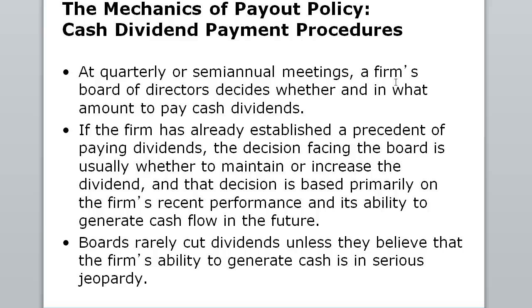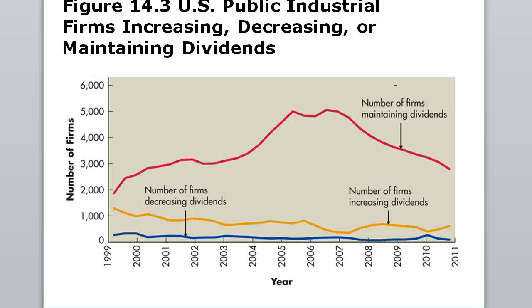And when firms do cut dividends, it's speculated that drives stock prices down. And it's common sense, it does. So if a firm comes out and says, we're cutting our $3 dividend down to a $1 dividend, that gets shareholders worried, and stock prices go down. So generally boards don't want to cut dividends, they want to increase them as best they can.